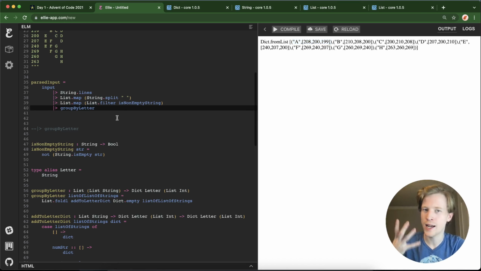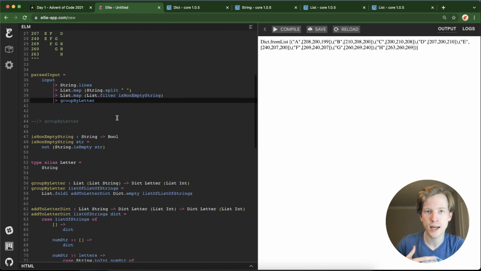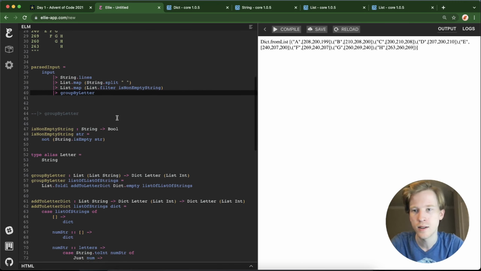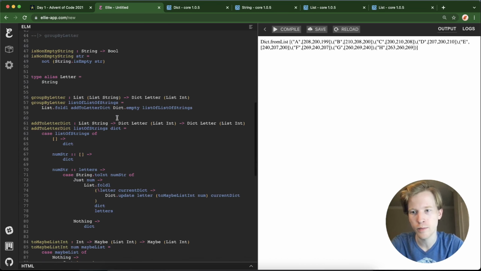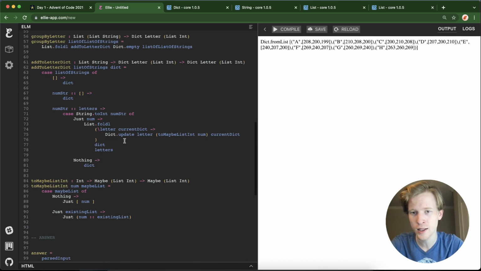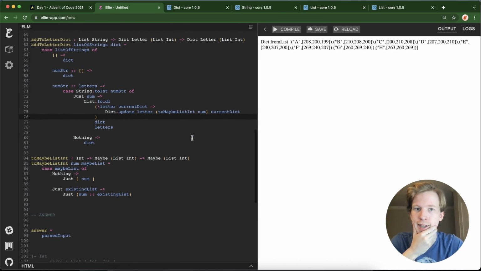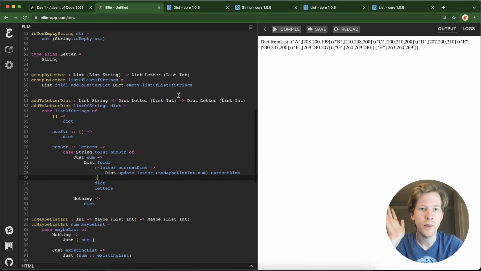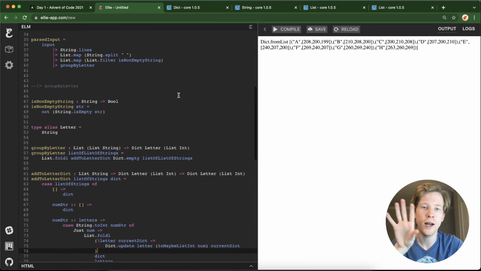So that was kind of a lot to digest. We're definitely going to break that down before we submit our answer. Let's just make sure that this is correct, and then we'll explain the solution a little bit more, because this is a little bit intimidating if you're new to the language and new to the syntax. Okay, so right now where we're at is we have a dictionary, and it's mapping letters to